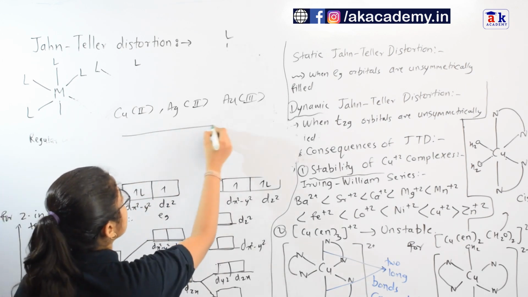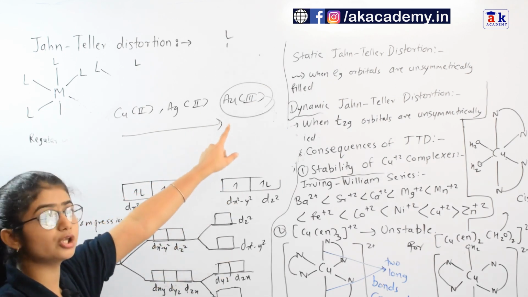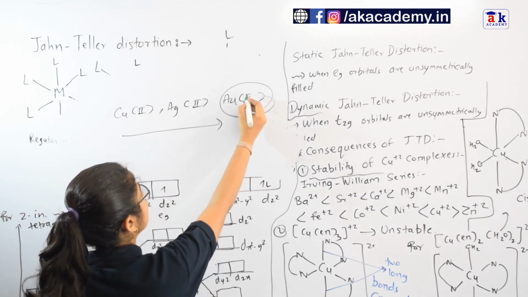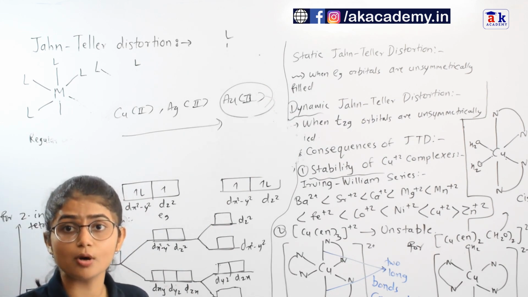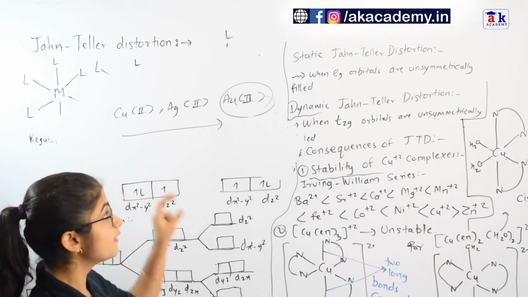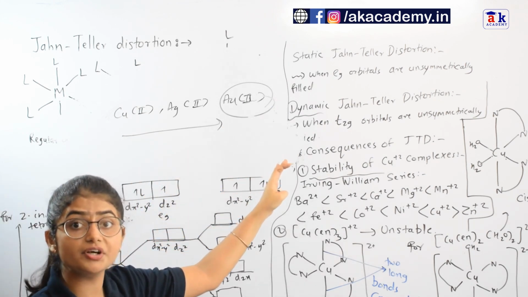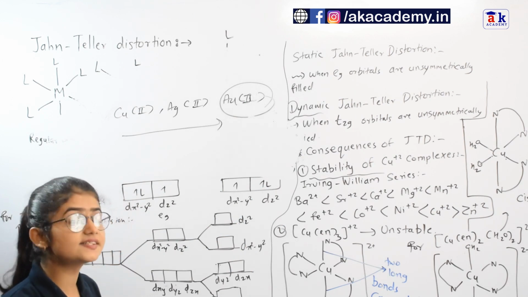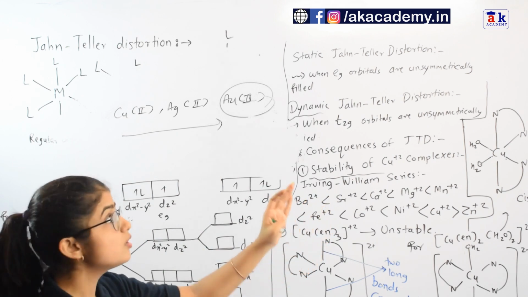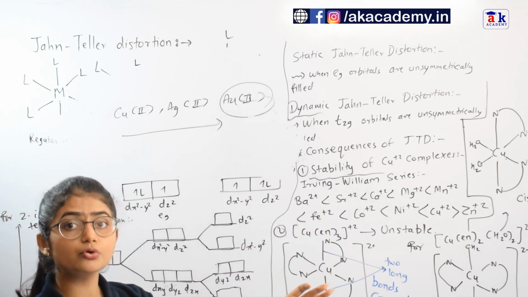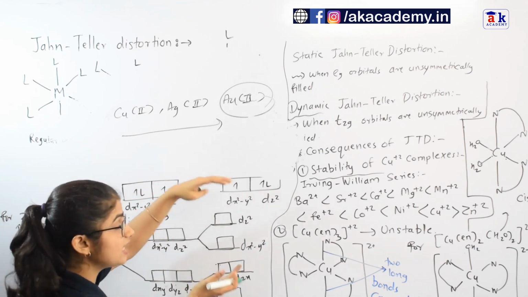But the thing is that this Au in the +2 state, because of the Jahn-Teller distortion, is actually going to form a very, very unstable complex. Why? The reason is this Cu, because of JTD, forms a stable complex, and this Au in the +2 state, because of JTD, forms an unstable complex. And the reason is, as we go down the group, I have told this in the factors affecting video, that as we go down the group, the delta value, that is the splitting energy, is going to increase.